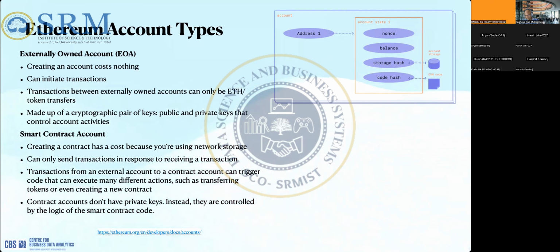But when you come to the smart contract account, these are not real accounts, you can say, right? These are web services, in a sense. Or to be more accurate, we can call them remote procedure calls. In computer science, we call them remote procedure calls. That means this is nothing but a function which is available on a certain IP address, which you call and send some input information so that you can get the work done, right?